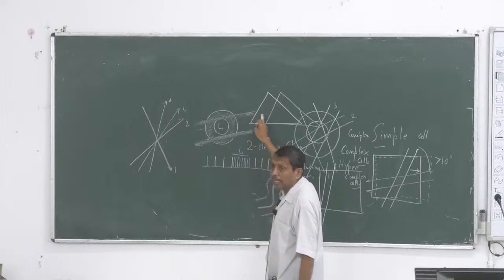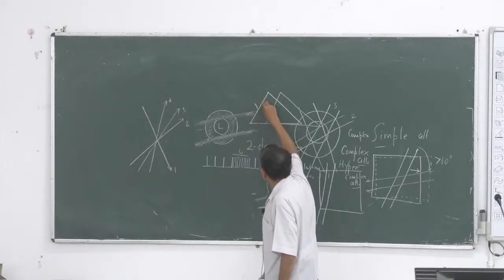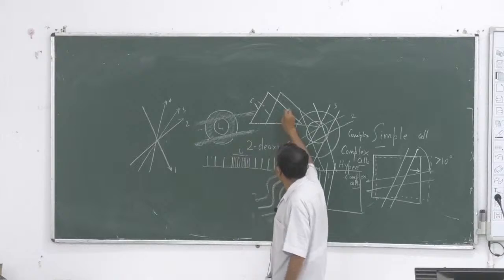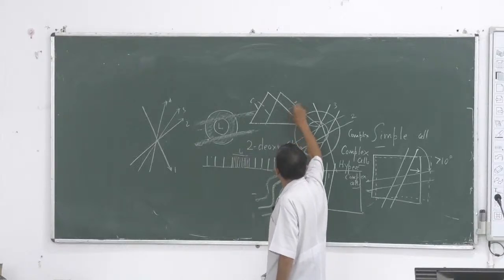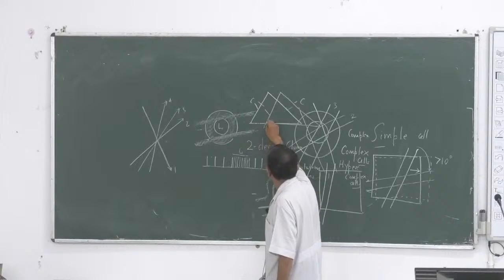But the complex cell can know this, so it can detect both of these, one complex cell. Similarly, another complex cell can detect it, and if their bases are also different, so they